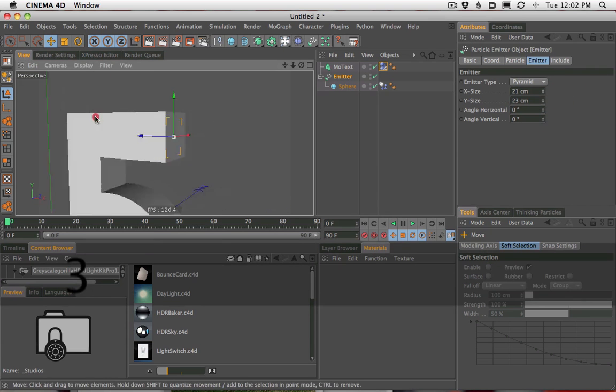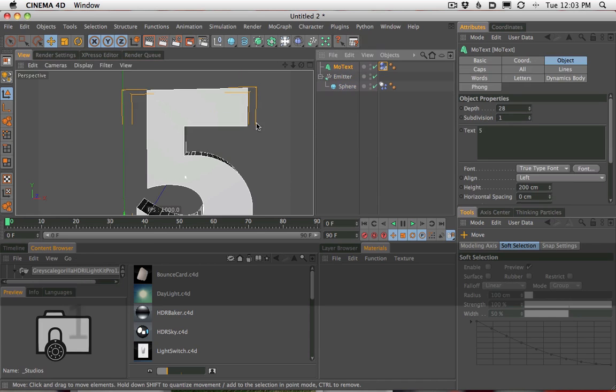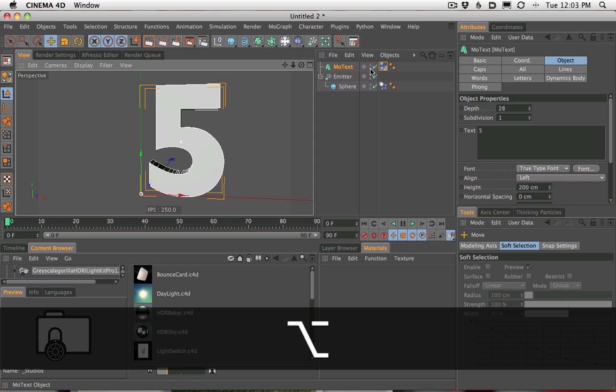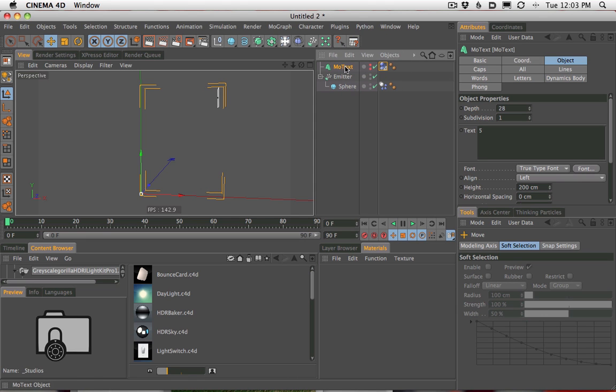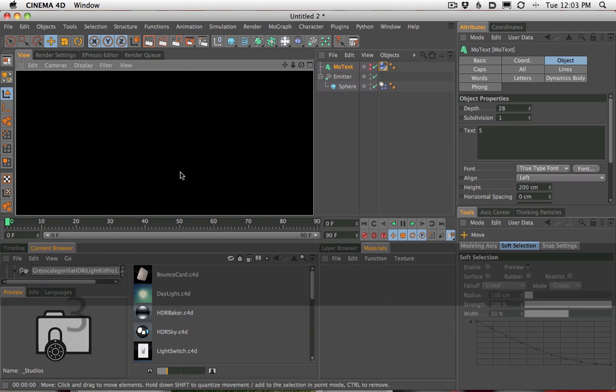There we go. All right, now here's the next step: to make this MoText disappear. While we do want it to calculate dynamics, we don't want it to be visible because you're not going to see anything. So we're going to turn off the traffic lights. I hold down Alt or Option on the keyboard and click twice on these traffic lights, and they both turn to red. What this means is it's still in the scene, it's still calculating, but it's not visible when we're dynamically looking at the scene, and it's also not in the scene when we hit render. And that's what we want.